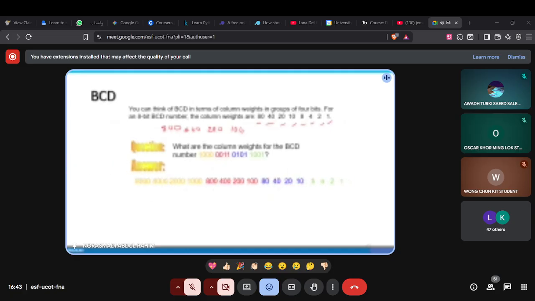Here is the given BCD number, you can see in colors: green, blue, red, and yellow or orange. In green, yes, 1, 2, 4, 8. Blue, the increment becomes 10, 20, 40, 80, like before. And red, hundreds. And in orange here should be thousands. If you have more numbers, they become more. Now you want to,